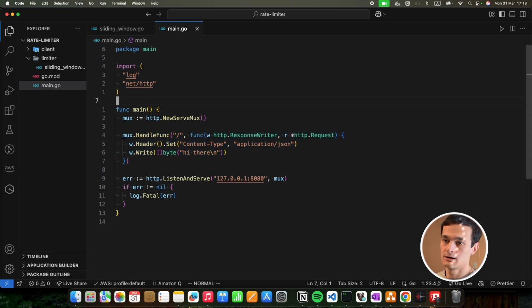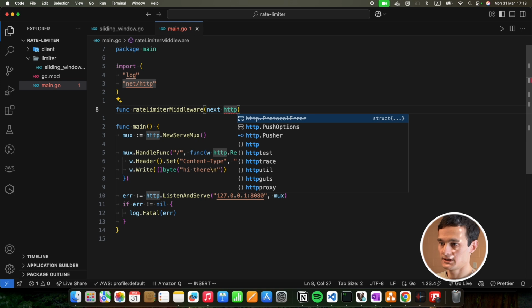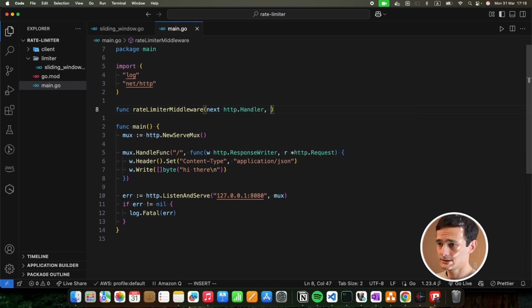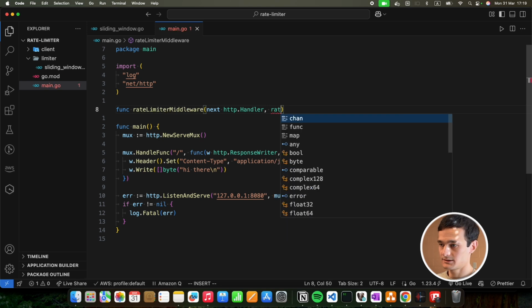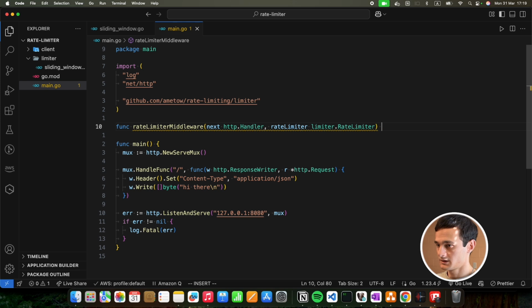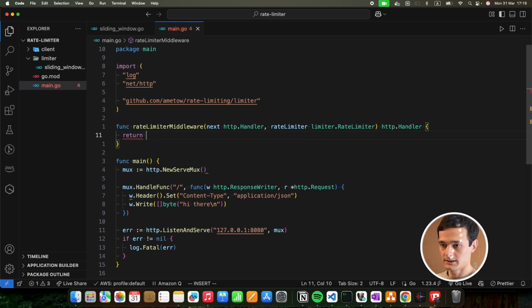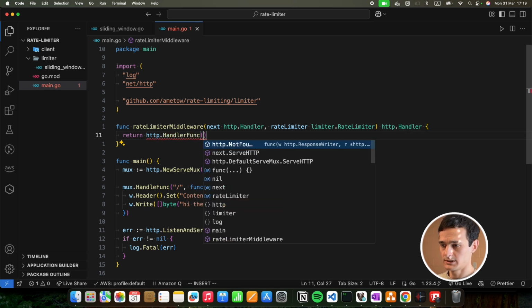For that, I go and create a middleware function called RateLimiter middleware, which will take an HTTP handler as next, and the RateLimiter, which is coming from, and this will return an HTTP handler, okay, an HTTP handler function,